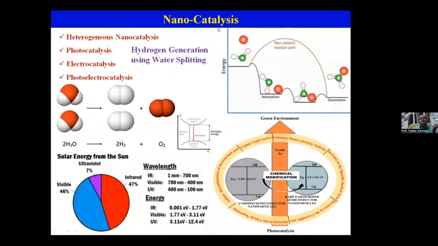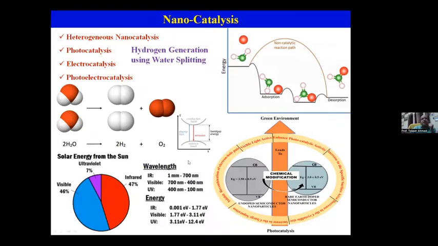The other part of nanocatalysis is photocatalysis, or electrocatalysis, or photoelectrocatalysis. With the help of these three processes, we could split water into hydrogen gas, by means of different instrumentation or different strategies. Here today I will speak over all these parts very briefly. By using these three methodologies, we are able to produce hydrogen with the help of water splitting reactions, with the help of our designed nanocatalysts.